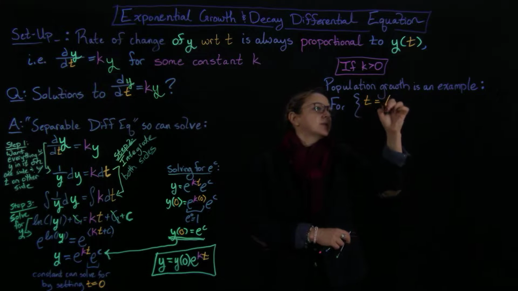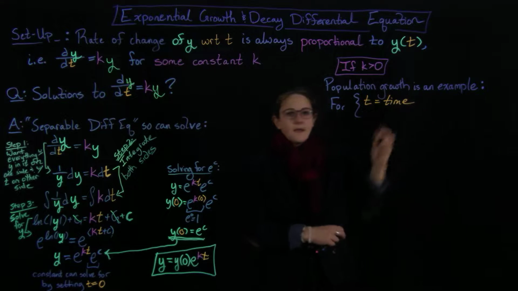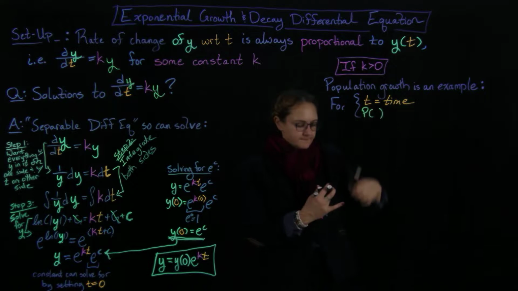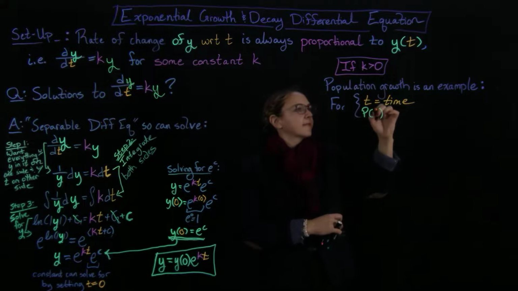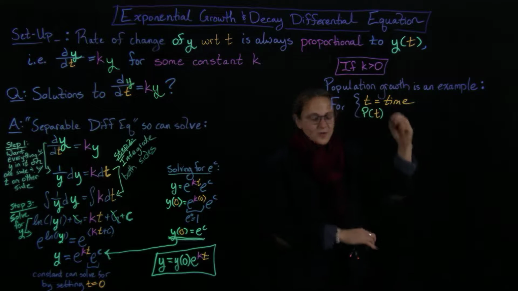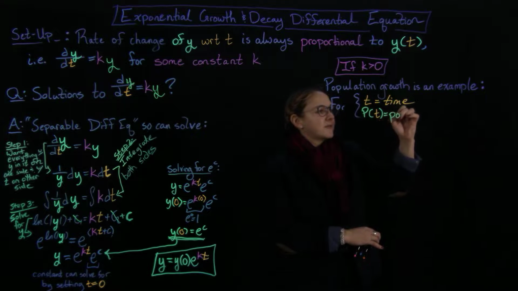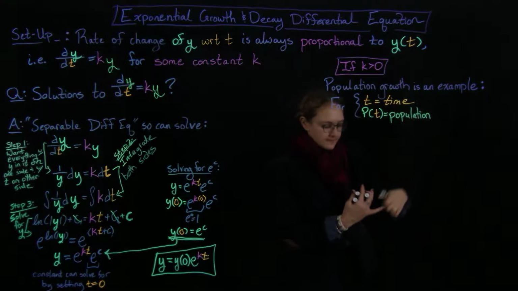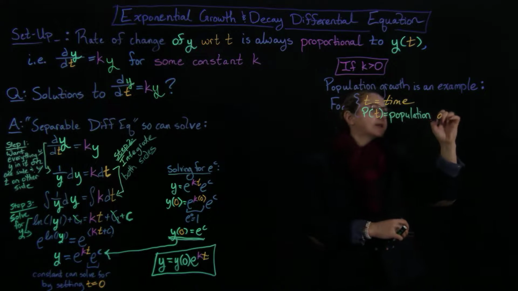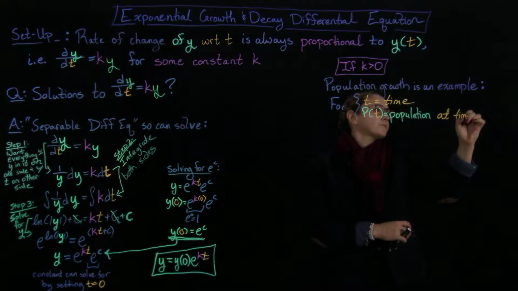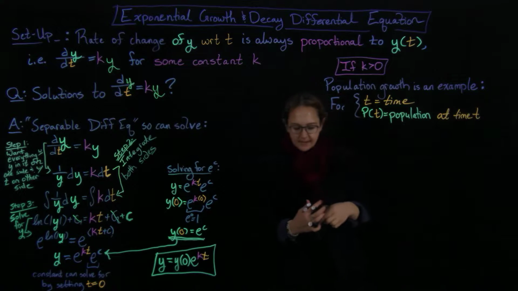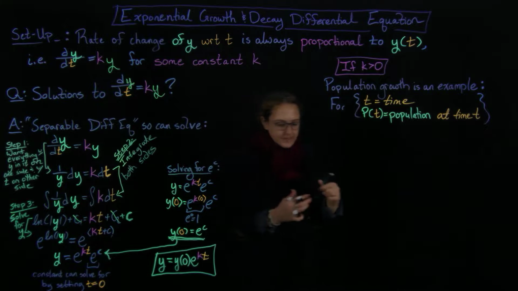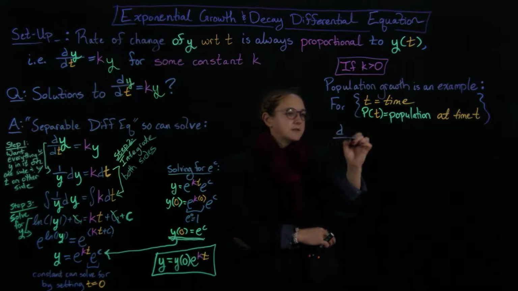So t equals time, and P of t is going to equal the population, so this equals the population at my time t, so population at time t. Okay, and then with this kind of population growth example, I end up with the equation